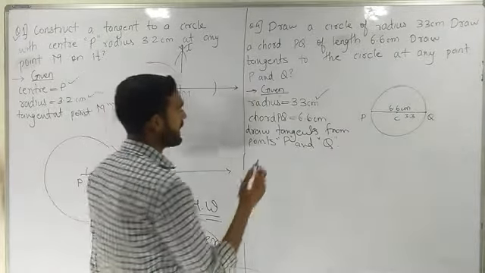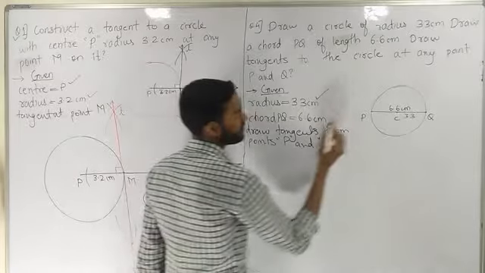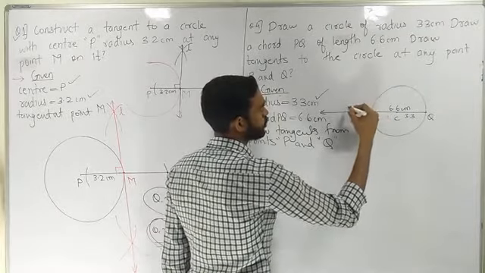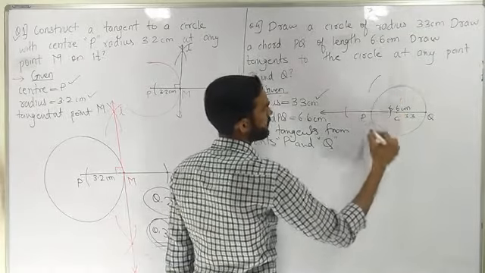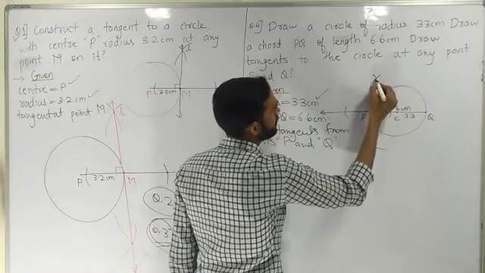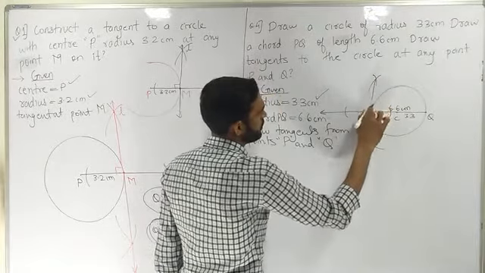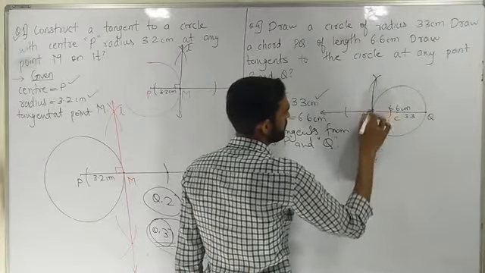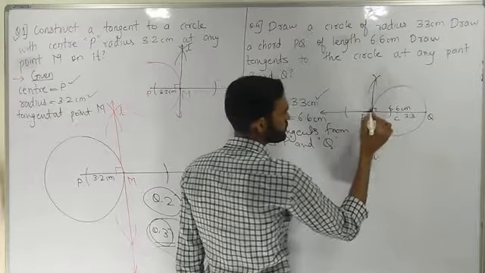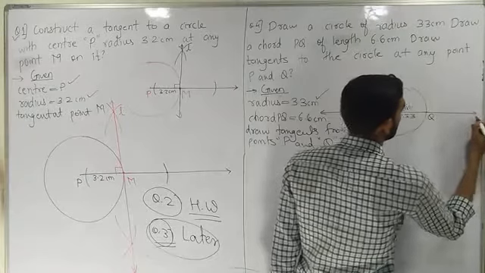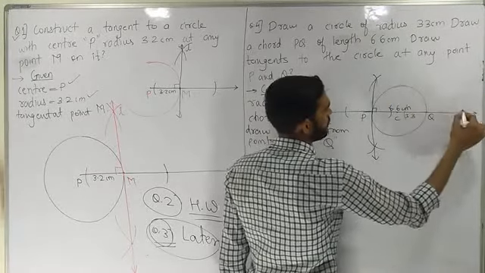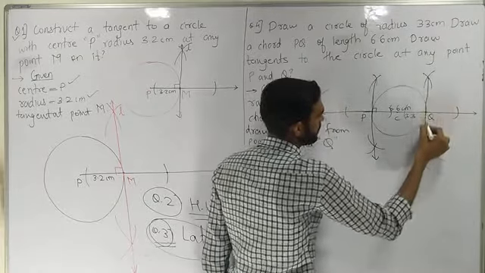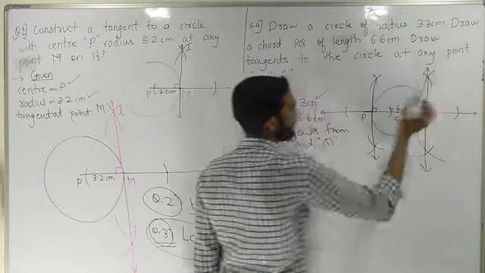Now what was the question? I need to draw tangent from P. From this P, so what I'll do? I'll extend this P, right? And from P, I'll draw 2 arcs. And this will give me a point. Right? So now this becomes a tangent. Same thing I'll repeat with Q. Same thing, 1 arc inside, 1 out. This is my rough diagram.